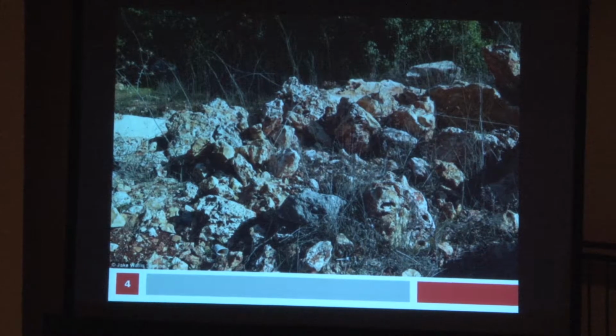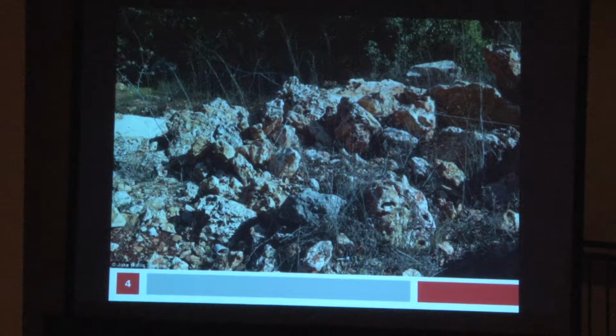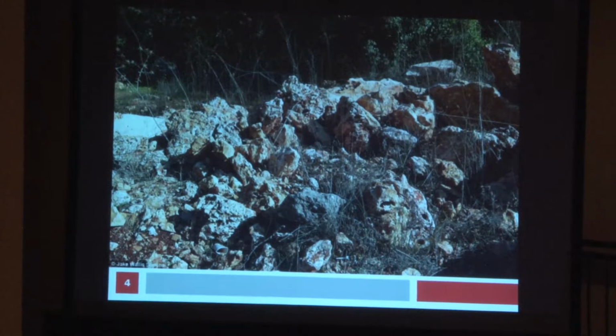All right, where's that laser pointer? I don't know how to use this thing. So,